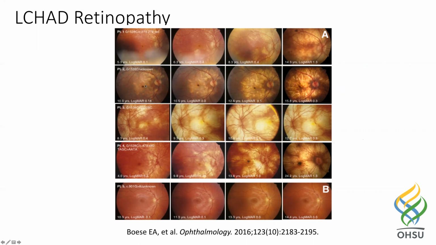The same is true for this patient. You can see the dark clumps with hypopigmentation around the areas of pigment clumping. That gets worse, and you see more hypo. The line I'd like to point out to you is this last line here. This is a patient with TFP deficiency, a little bit milder TFP, a little bit later, and does not have the G152AC common mutation. And this retina looks